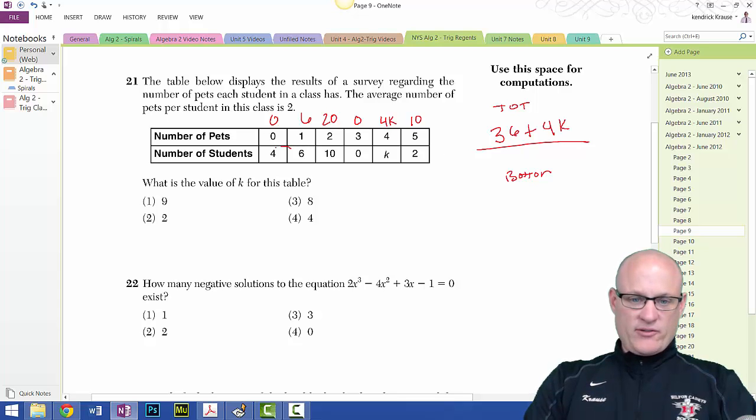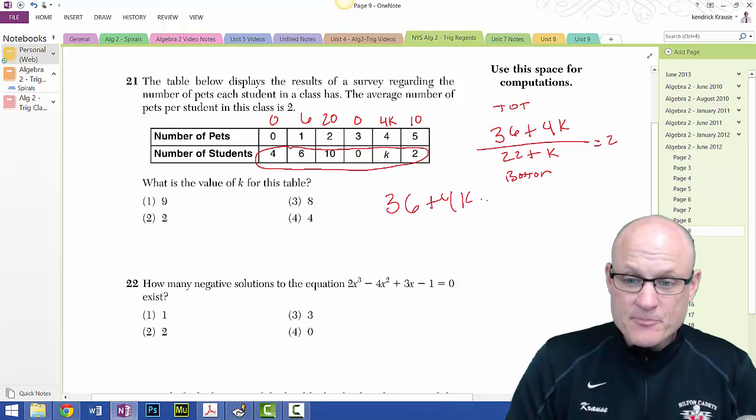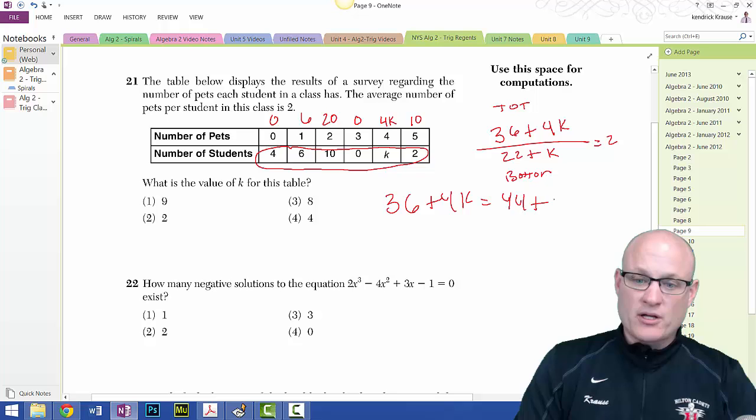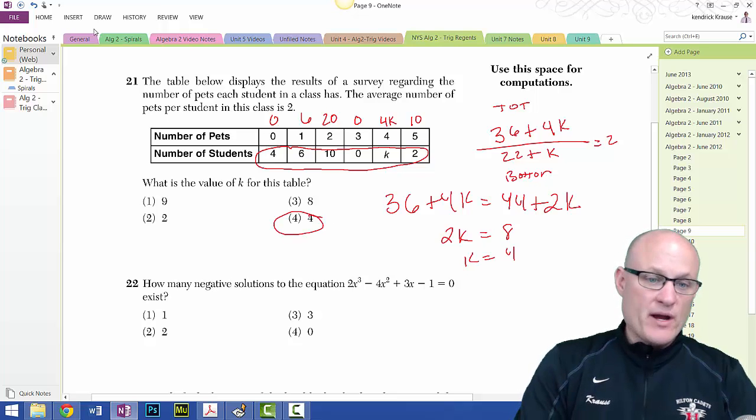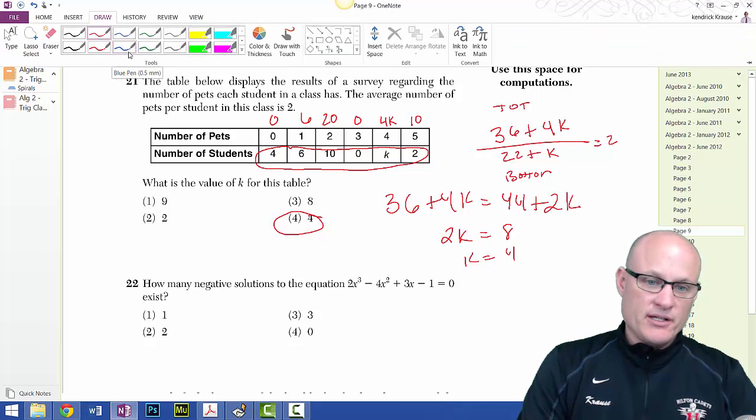And then if I add all these up, this is how many people I have. This is figuring out average. Let's see, that's 10, 20, 22 plus k. And I know that this has to equal 2. So I'll cross multiply, and I get 36 plus 4k equals 44 plus 2k. I'll bring this over, I get 2k equals 8, or k equals 4. So there's my answer. Another way I could have done this is,